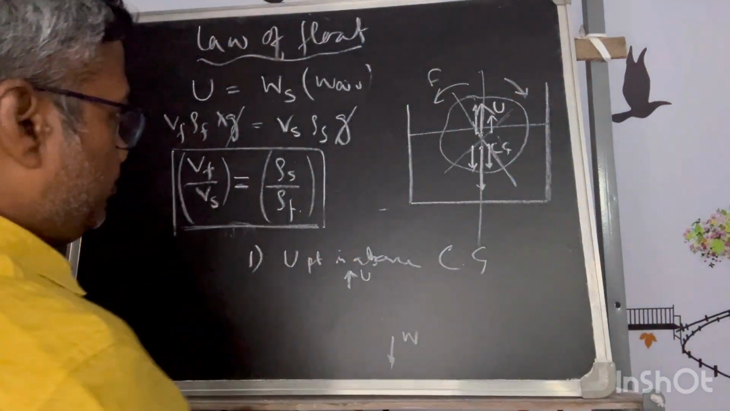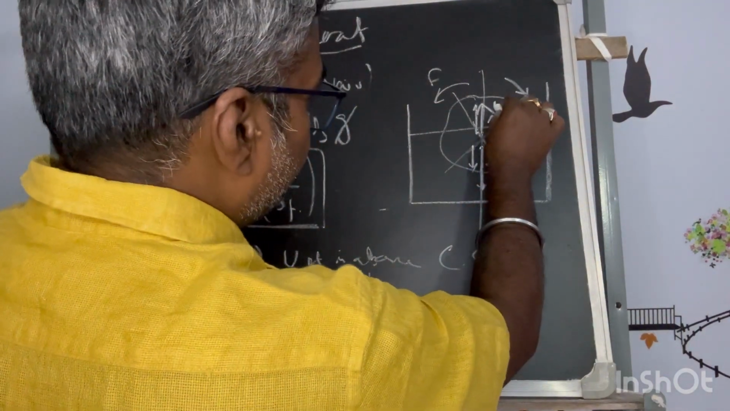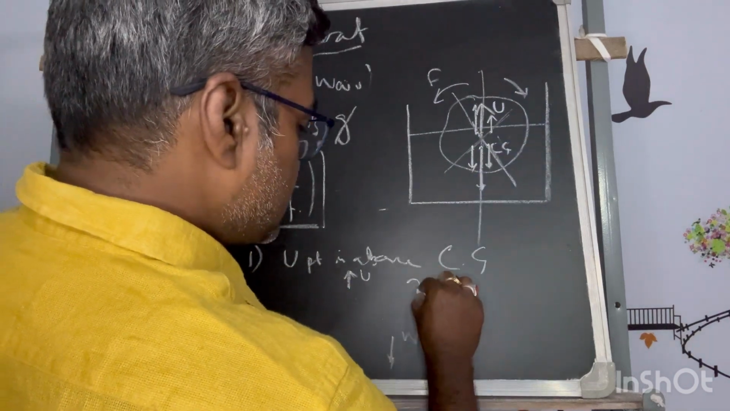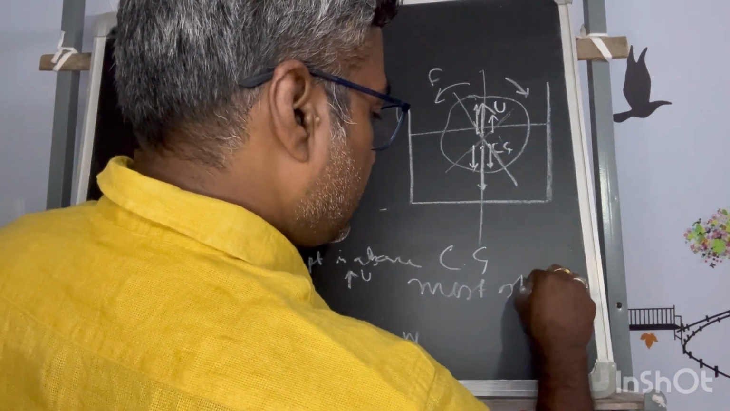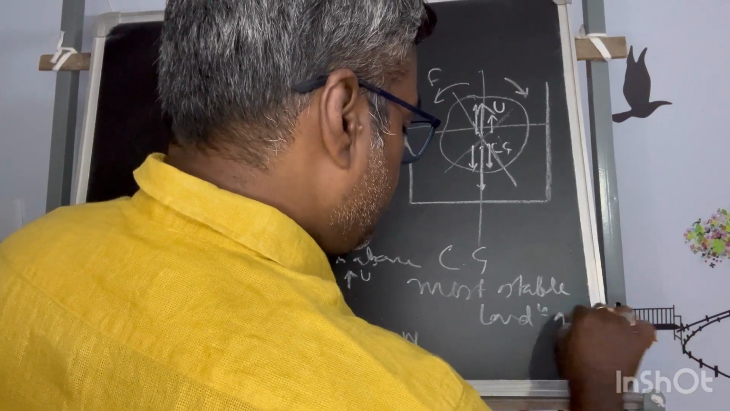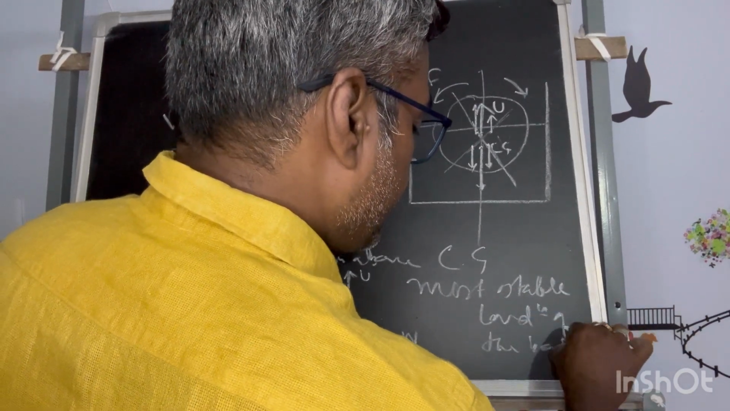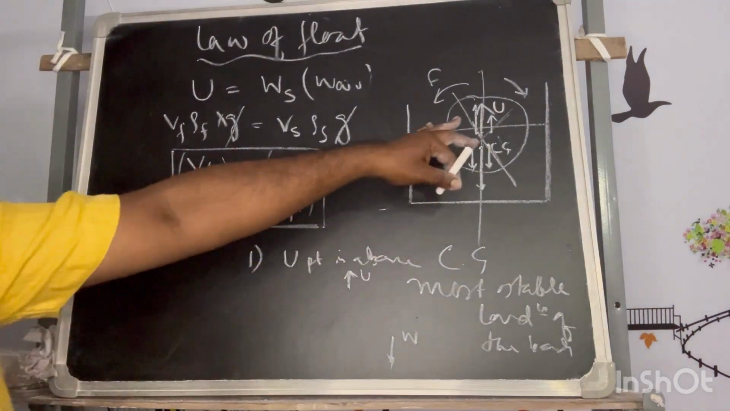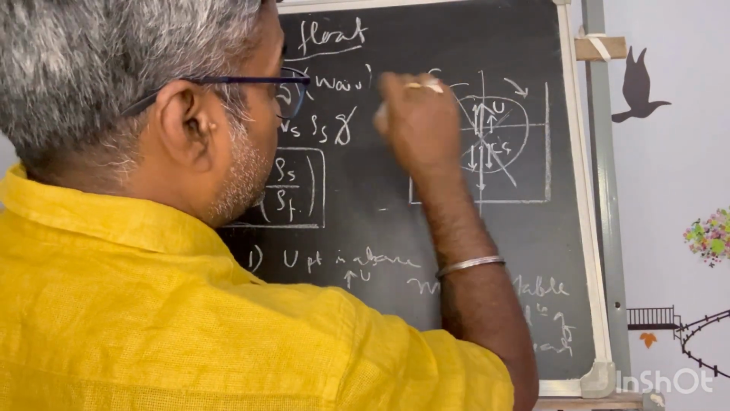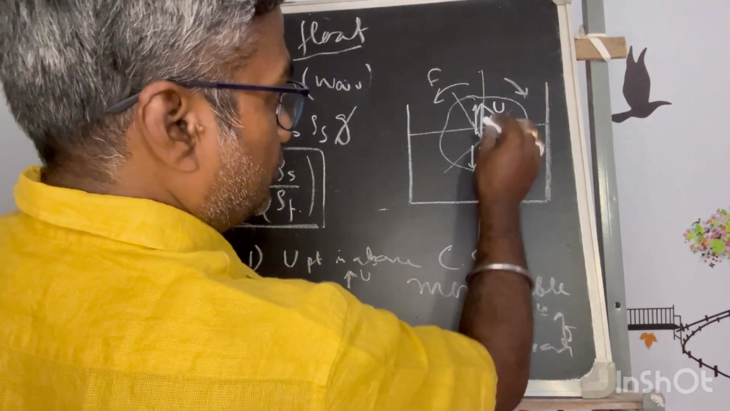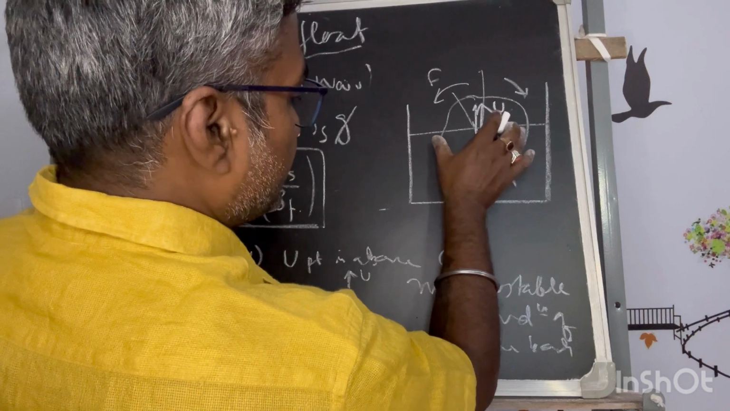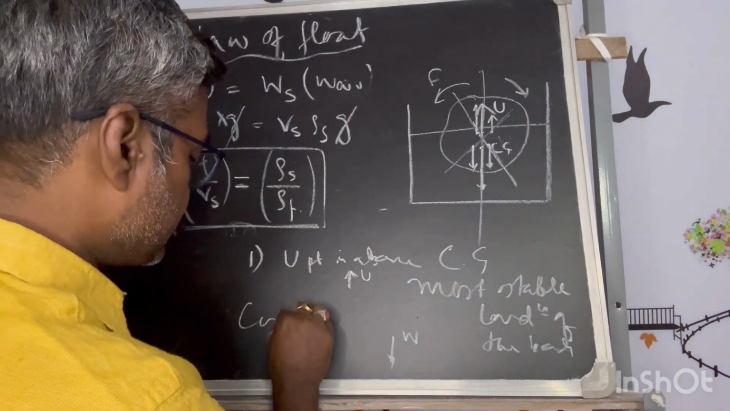So this is the condition. If the buoyant point is above the CG, it is the most stable condition of the body. Okay, so now when will this happen? If the buoyant force is acting above the CG, this case arrives